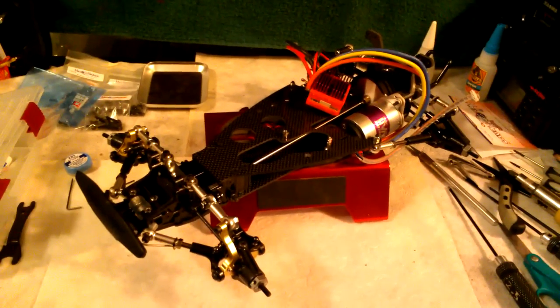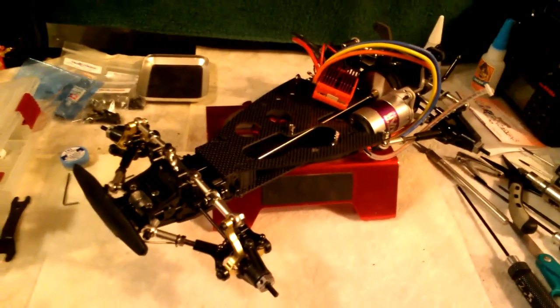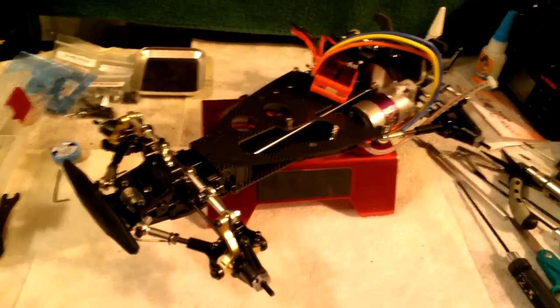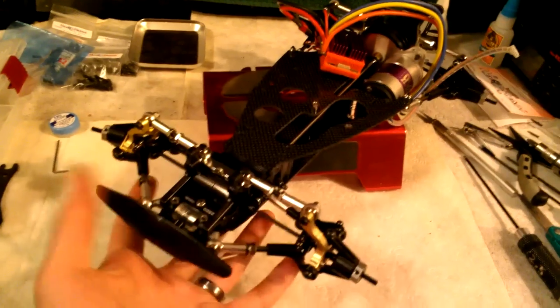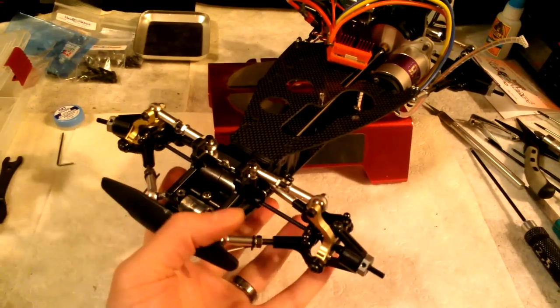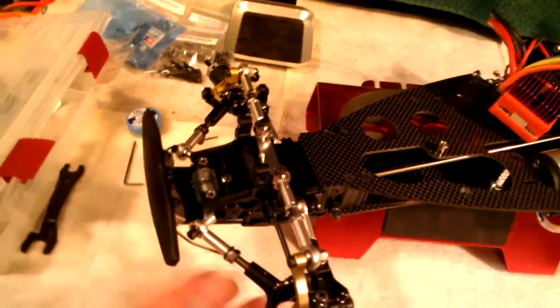This is after step 25, the Tamiya Avante Black Special build. So from the last video to this video, I have basically installed most of the components on the front of the chassis. So this includes the anti-roll bar on the front, this little damper bit here, which allows the front